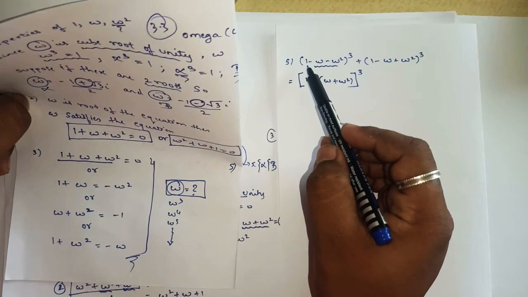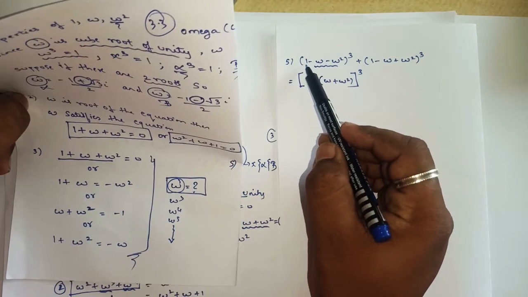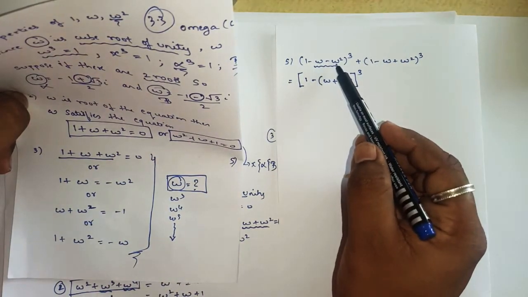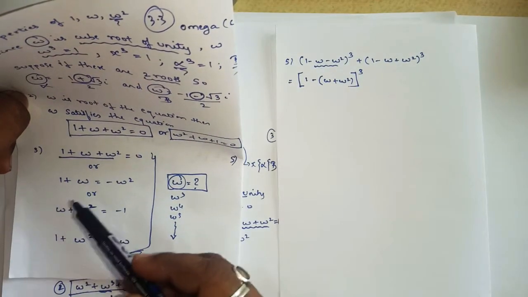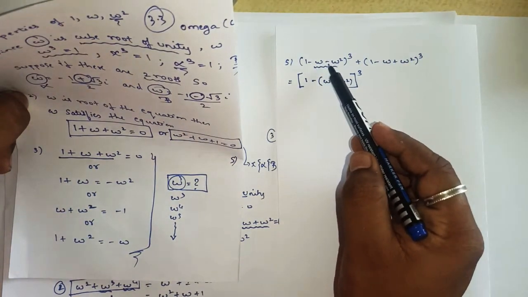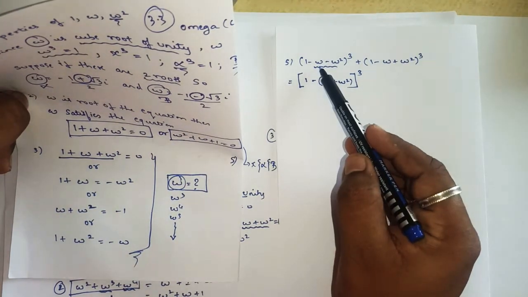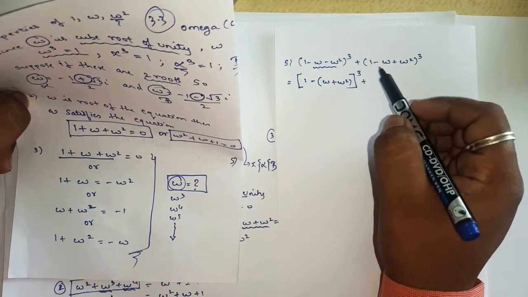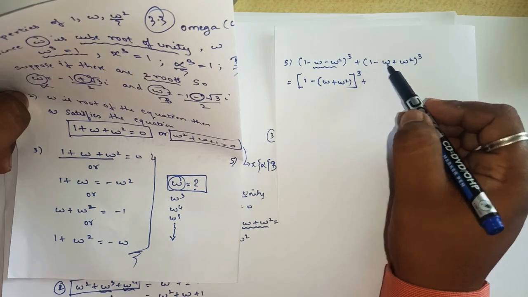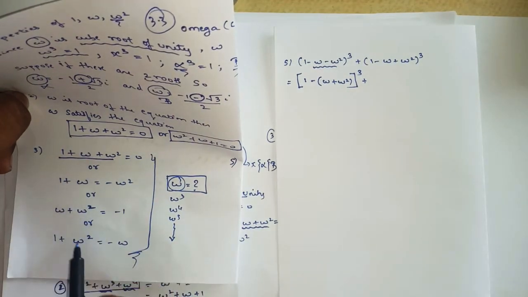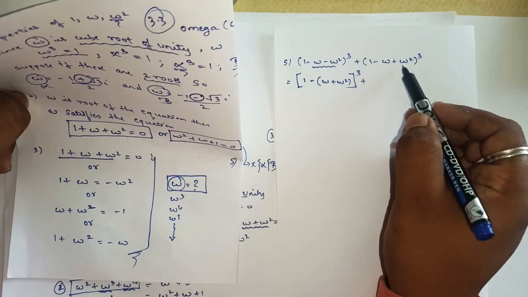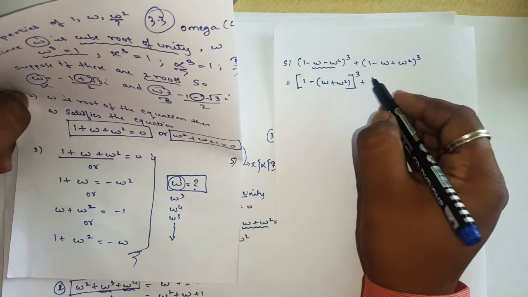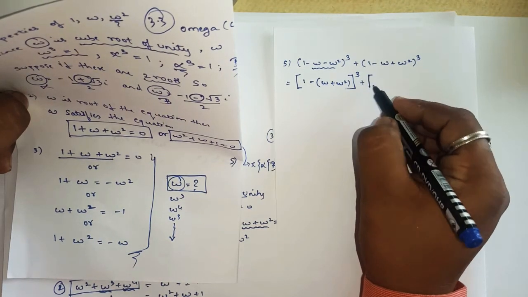As we can clearly see, we cannot see any formula like 1 minus w in the formula section. Even minus w square we cannot see. So what I did here, I took minus as common, so inside the bracket we are left with w plus w square. Now is there any formula like 1 minus w? Nowhere, we cannot see 1 minus w. What about minus w plus w square? Can we see minus w plus w square anywhere? No.